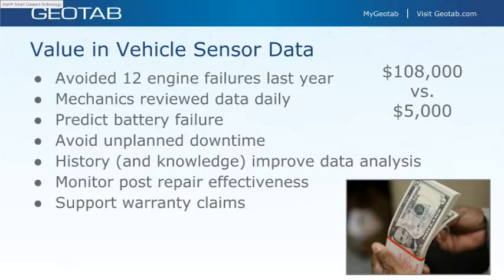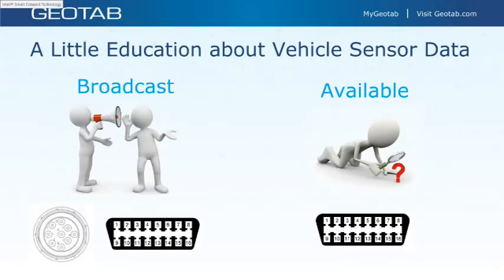And even post-warranty claims might have some ammunition here if you went back and showed certain fault codes that are showing up, even when the vehicle comes off the line. There might be a case here to help you support warranty claims that showed up after the 36 months or whatever your warranty is. So I thought it would be important to help you understand a little bit more about